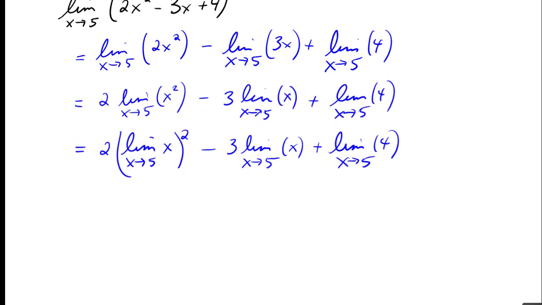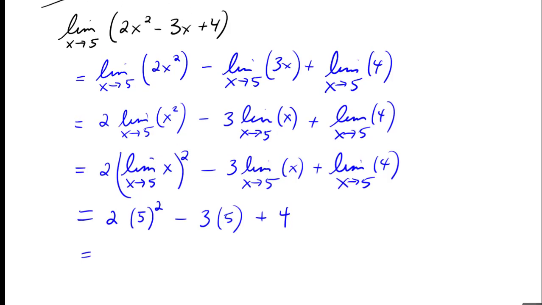Okay, and then finally, I know all these are basic limits that I have. So 2, the limit as x approaches 5 of x is just 5, squared then because of the squaring, minus 3 times the limit as x approaches 5 of x is 5, plus the limit as x approaches 5 of the constant 4 is 4. Now I just figure this out. I get 5 squared is 25, 2 times 25 is 50, minus 15 plus 4, and so in the end